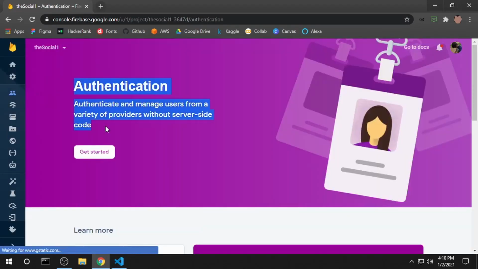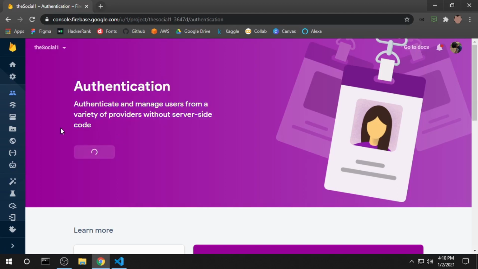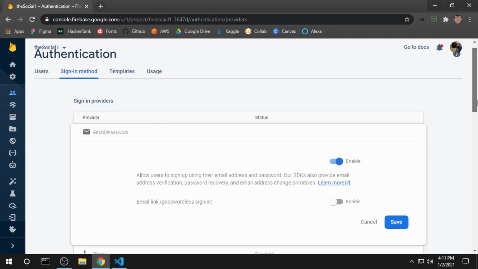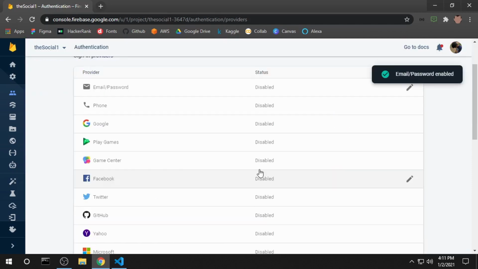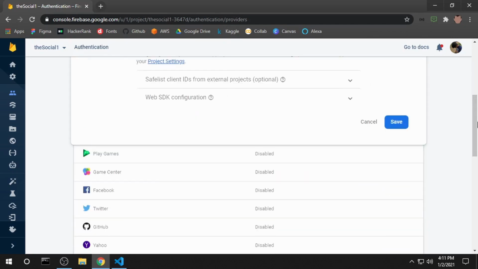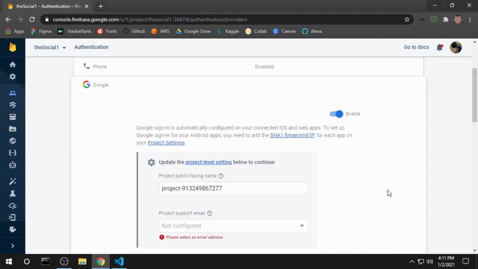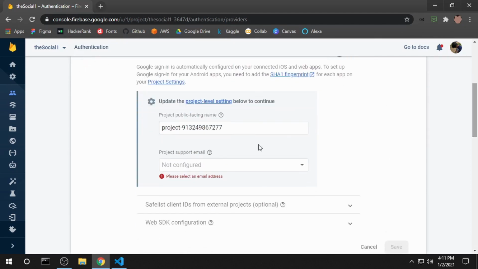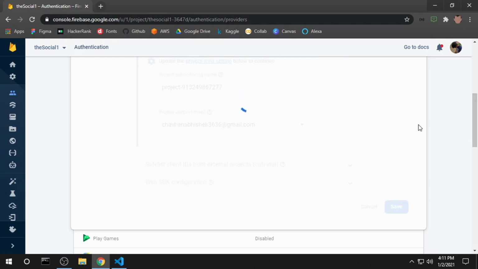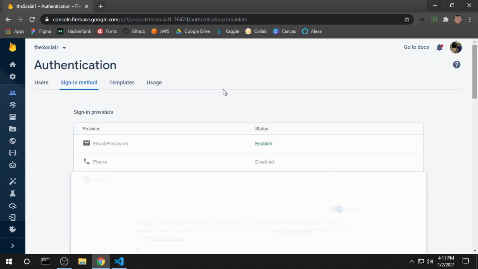Under our authentication tab, we can simply get started, and the sign-in methods for today shall be email and password. I can simply enable it from here and save it. Also, let's enable the Google sign-in method as well. For that, I will provide my email address and press next. Cool. Save it. Alright, so once we have enabled both the sign-in methods, email password and Google sign-in,